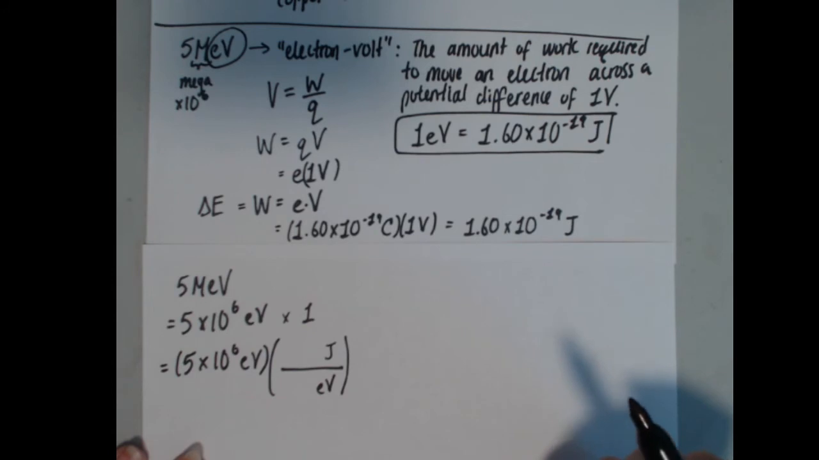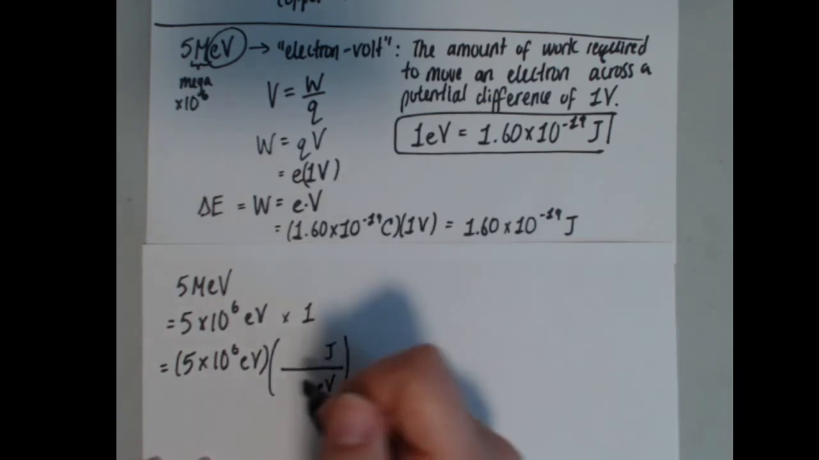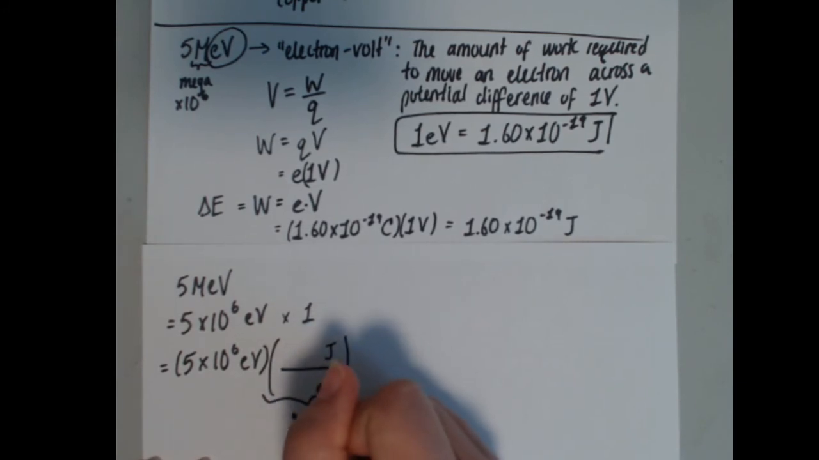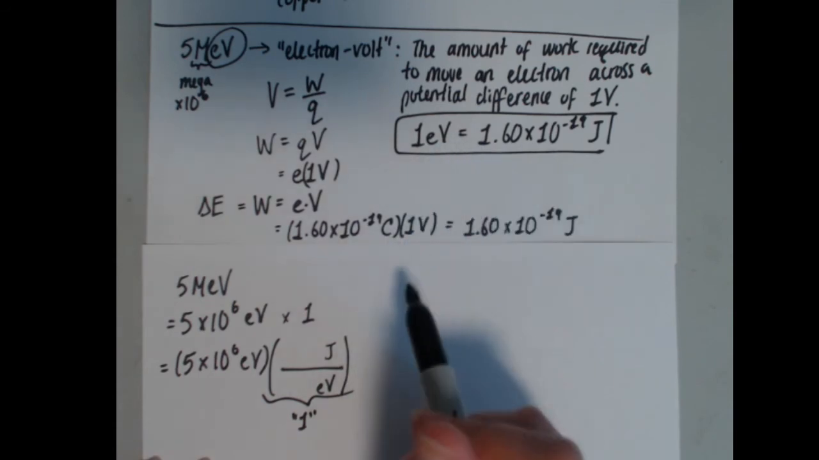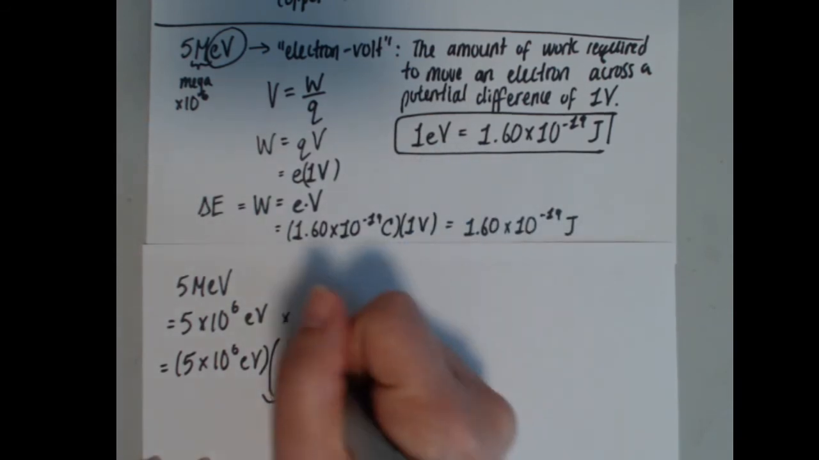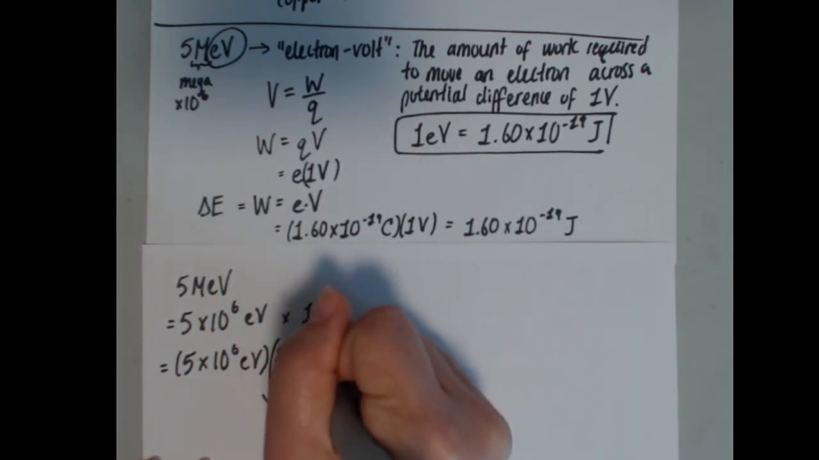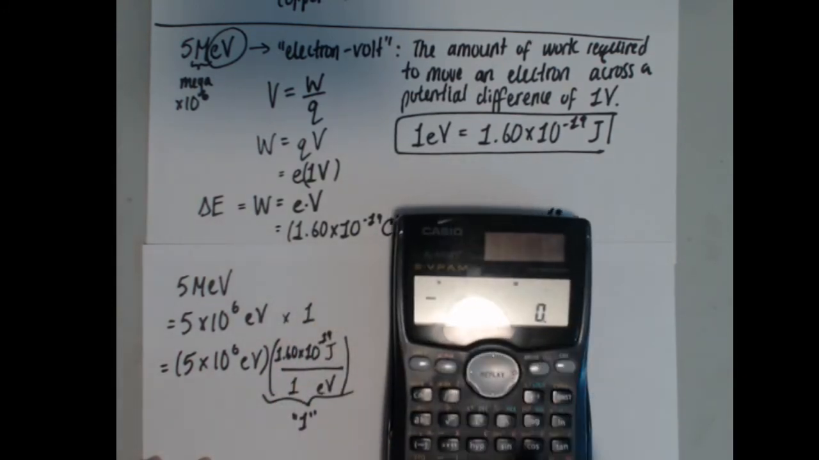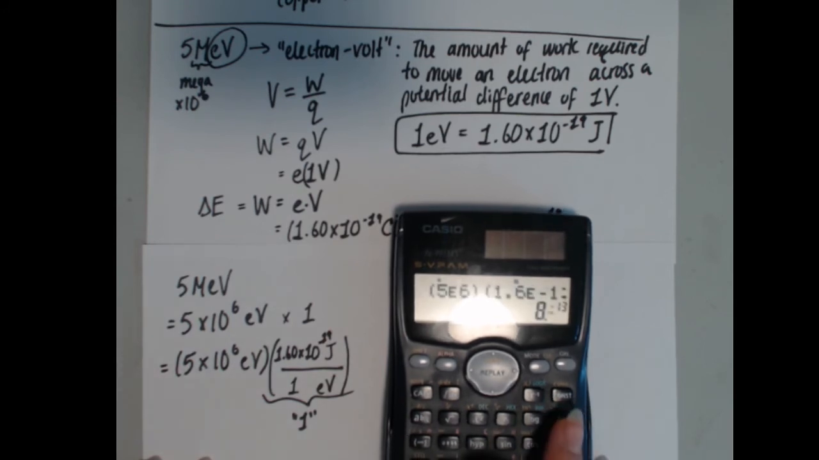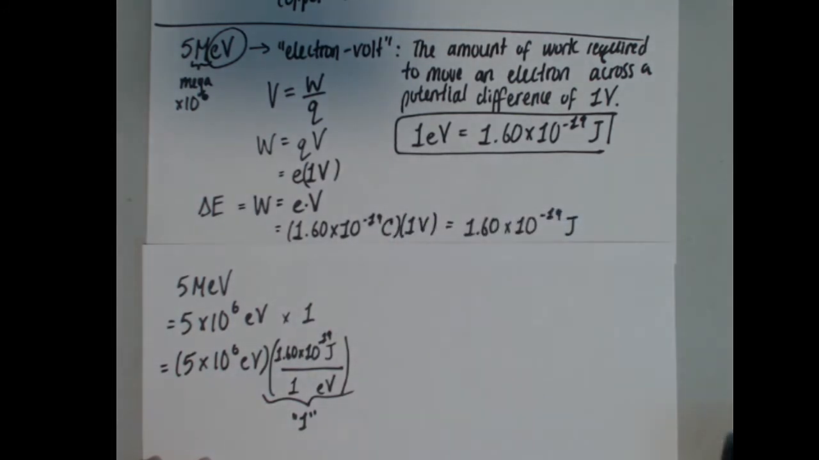Okay, so now I'm trying to figure out what ratio of what to what is equal to each other. So this ratio has to give me an overall value of 1. Based on this statement right here, I know that 1 electron volt is 1.60 times 10 to the negative 19 joules. And so what I would do is I would say 5 times 10 to the 6 times 1.6 times 10 to the negative 19. So 8 times 10 to the negative 13